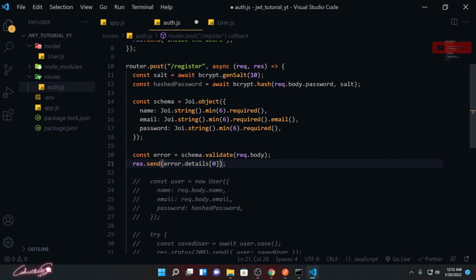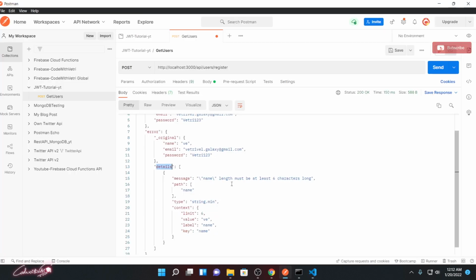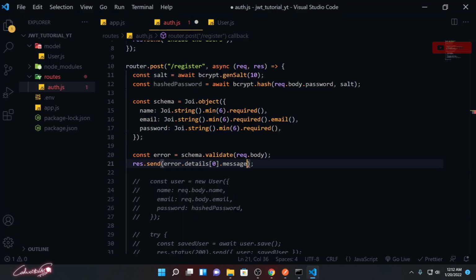Inside the details, at the 0th index, we have the message object. I need to access that message object. Save the changes.